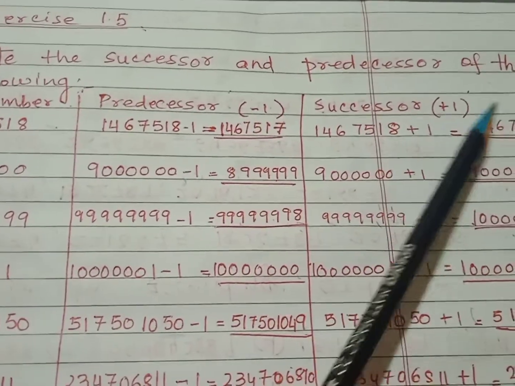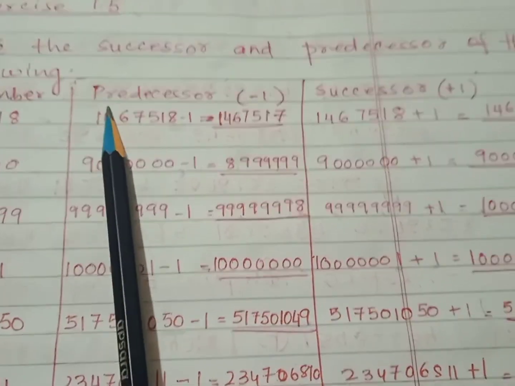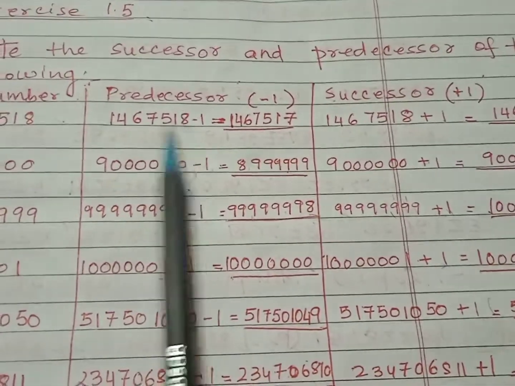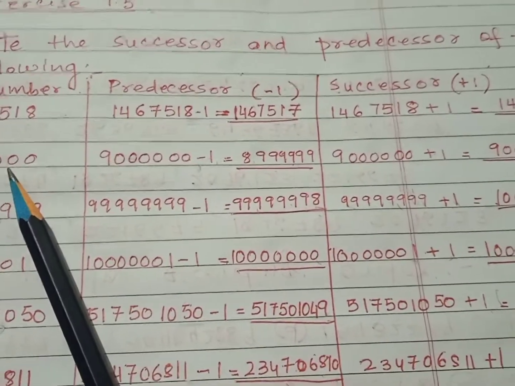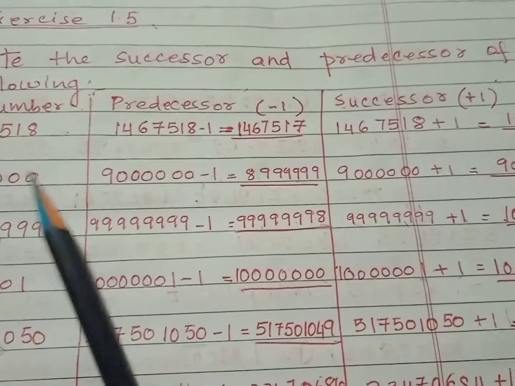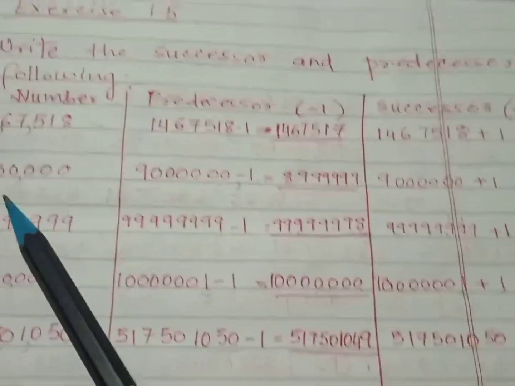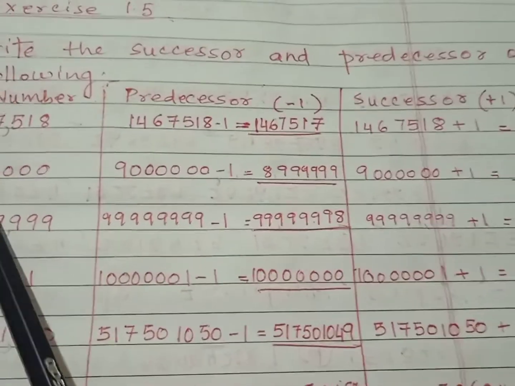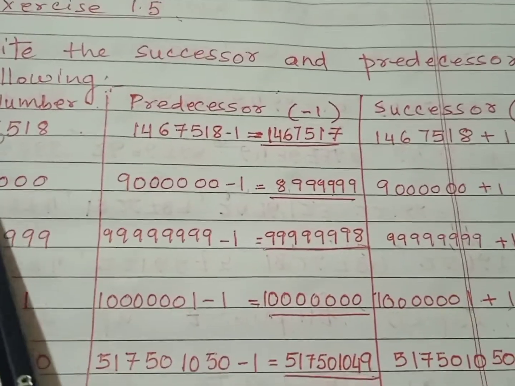Write the successor and predecessor of the following numbers. Now, this type of question we've already done in exercise 1.1, if you remember. But here we will be dealing with a little bit of larger numbers. So let's see what number A has. Here we have got